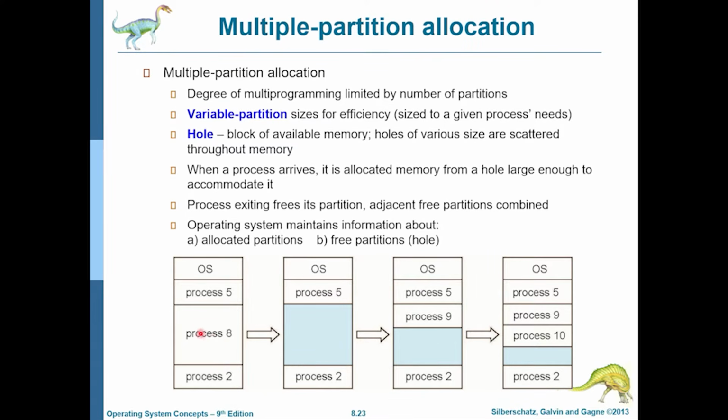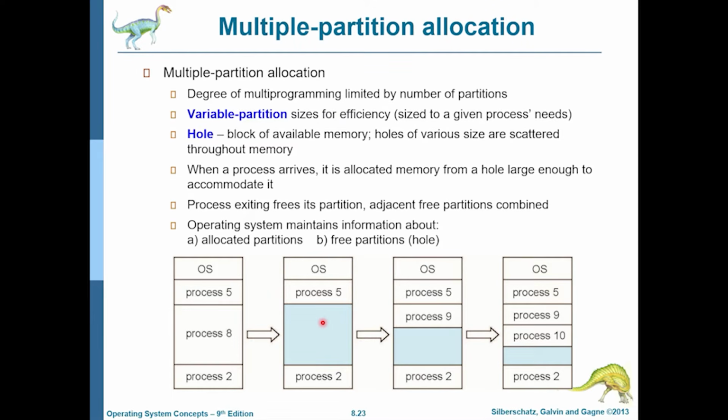They arrived in different orders, but at this point of time, this is the state in which the processes are arranged. If process 8 exits, then a hole is created. That is called a free partition or a hole, whereas process 5 and process 2 are called allocated partitions because they still exist. When process 8 exits, there is this huge hole that gets created. Now, when process 9 comes in, the operating system will use some algorithms to figure out an appropriate hole for the process. That can be first fit, best fit, or worst fit, as we will see in the next slide.